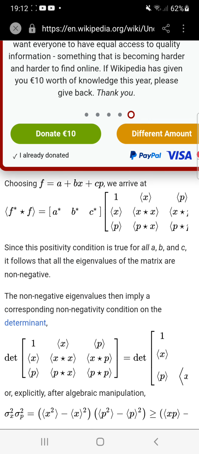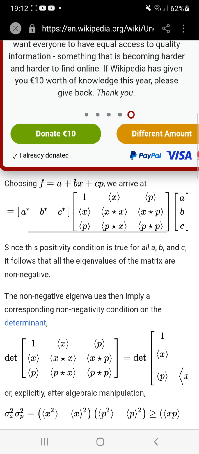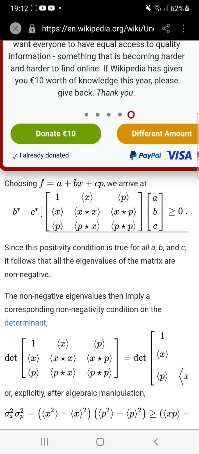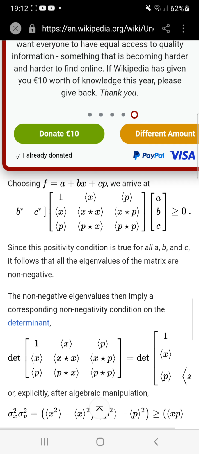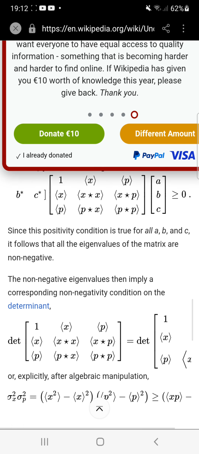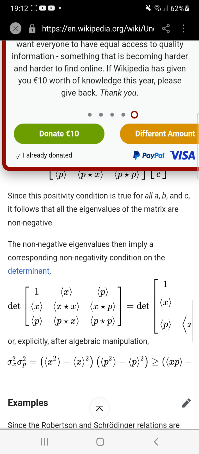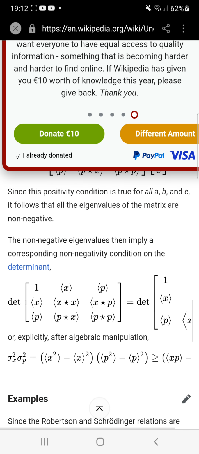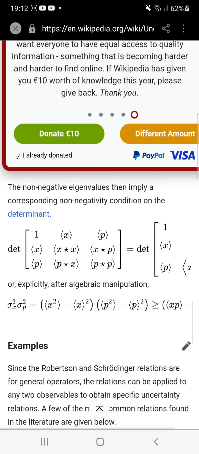f* star f equals (a*, b*, c*) times the matrix with entries 1, x, p; x, x star x, x star p; p, p star x, p star p; times (a, b, c) greater than or equal to 0. Since this positivity condition is true for all a, b, and c, it follows that all the eigenvalues of the matrix are non-negative. The non-negative eigenvalues then imply a corresponding non-negativity condition on the determinant, and